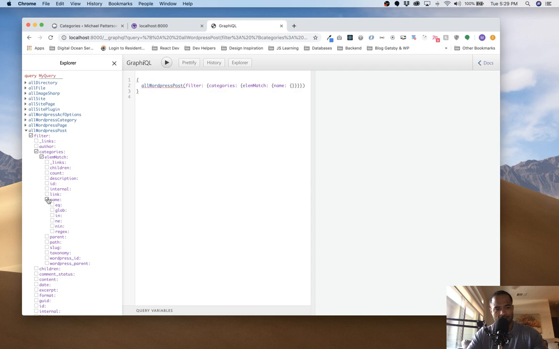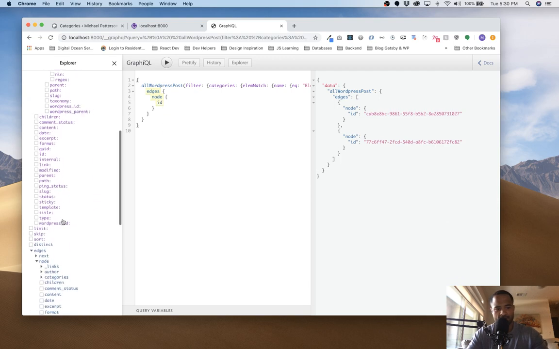And we're going to match by name. And you can do, of course, equals. Some of these I'm not too sure about. Equals, not equals, a regular expression, in, not in. This is insane. You can literally do all these things. And then we could just say equals blog, because that's one of my category names. Boom. And it's literally going to pull me back